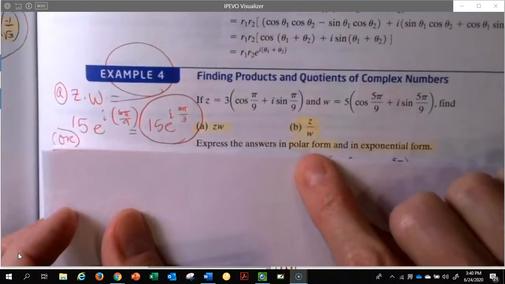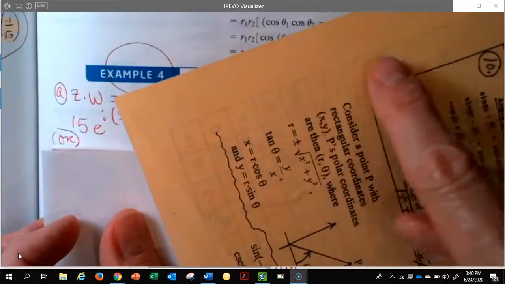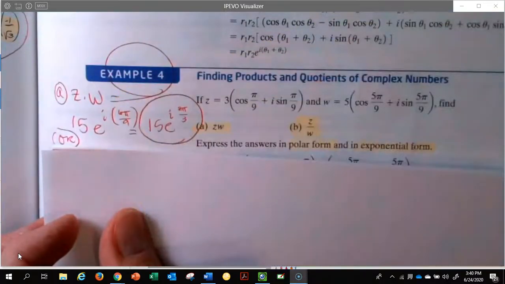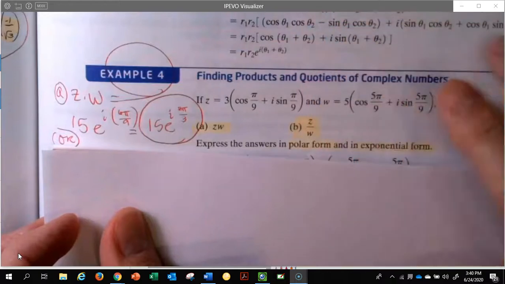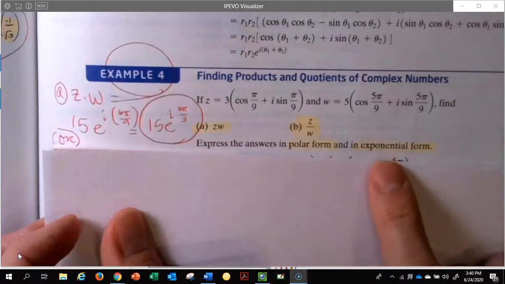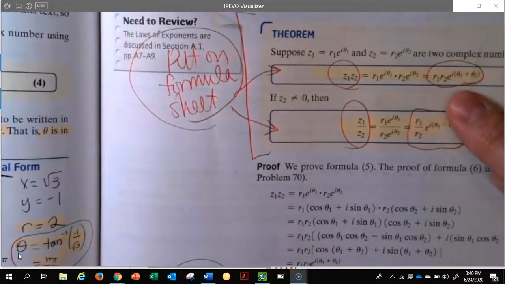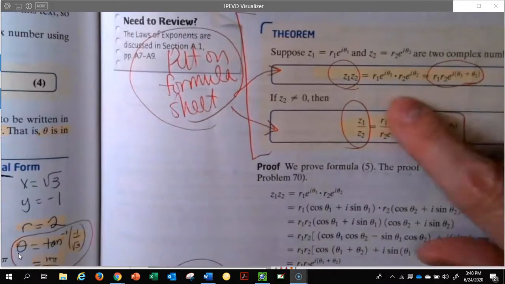When you watch his video, you're going to see polar form, and you may want to take his formulas and write those on your formula card also. I'm going to follow what's in the book, and for example 4, it says leave them in both polar and exponential. So I'm going to start with exponential, since that's what I'm given as far as a method to multiply